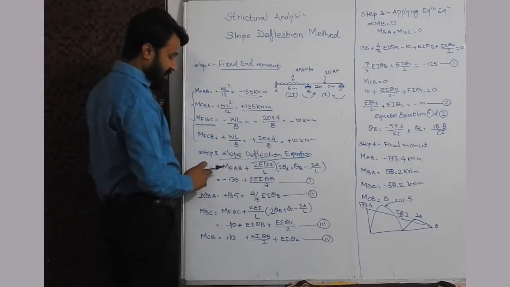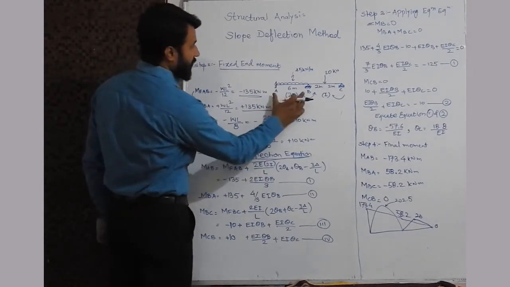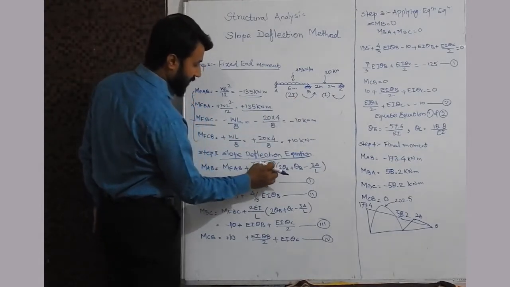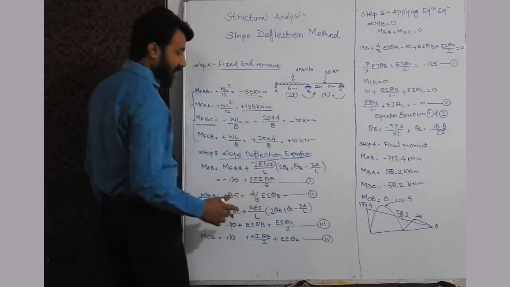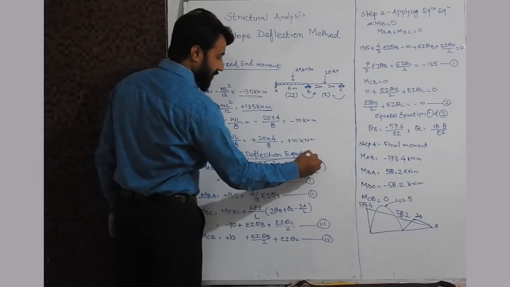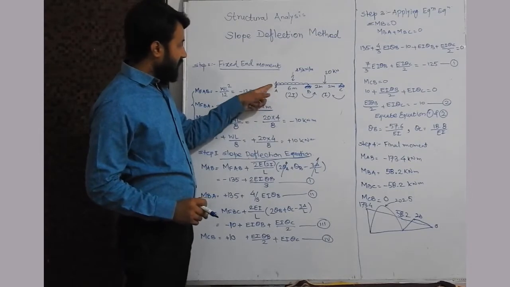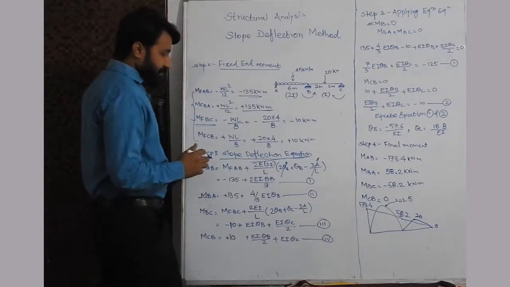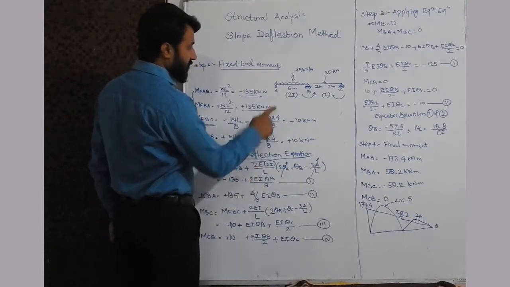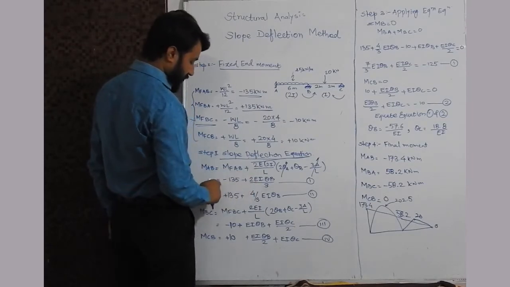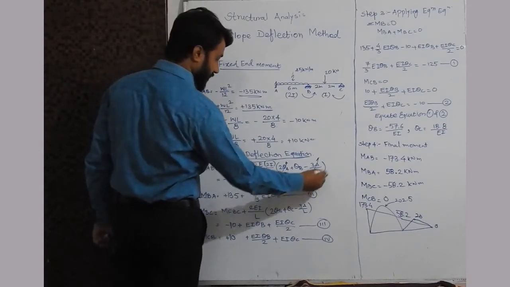Okay, so the first equation is MAB equals MFAB plus 2EI, here 2E into 2I, because the value of I is 2I, so we have put 2I here. So 2E into 2I divided by L, into 2 theta A plus theta B minus 3 del by L. Here theta A is 0 and 3 del by L is 0, because A is the fixed support, theta A will be 0. Now theta B will be there. So theta B into 2 that is 4, and this value is 6, so this will be 2 divided by 3. So the final value will be minus 135 plus 2 EI theta B divided by 3. So this is equation number 1.